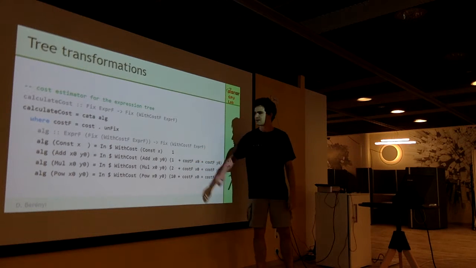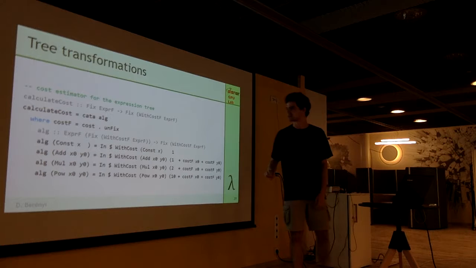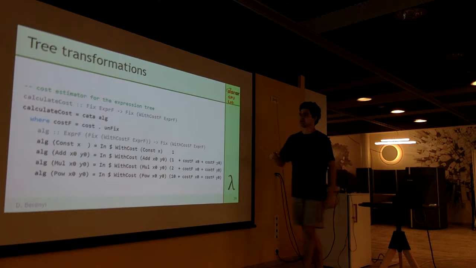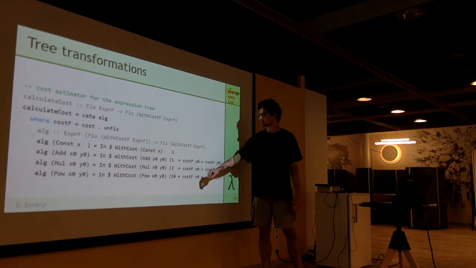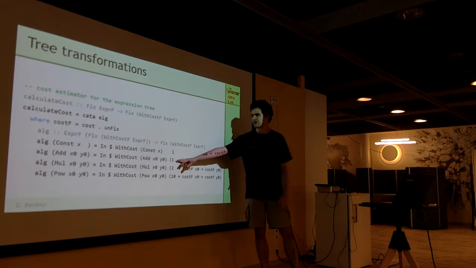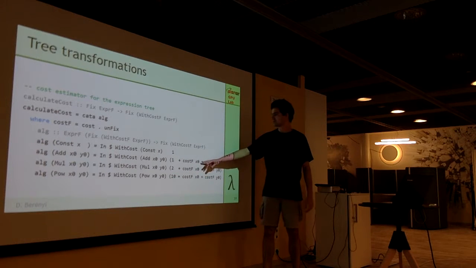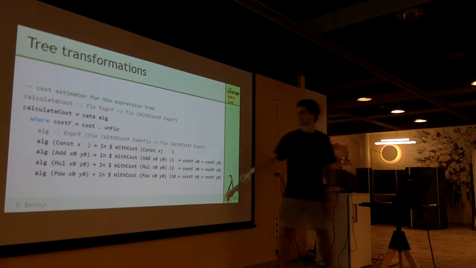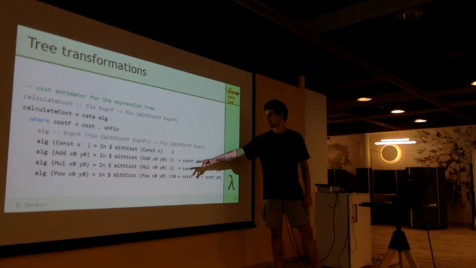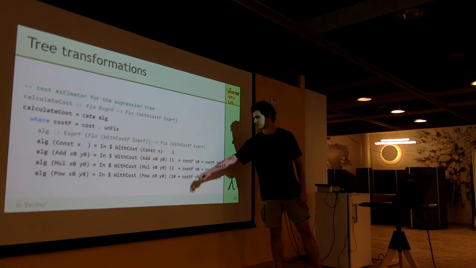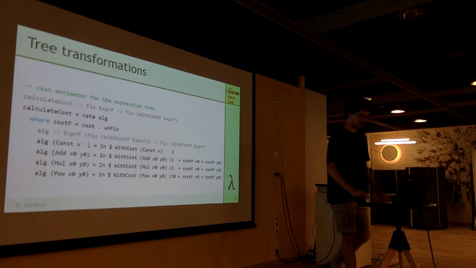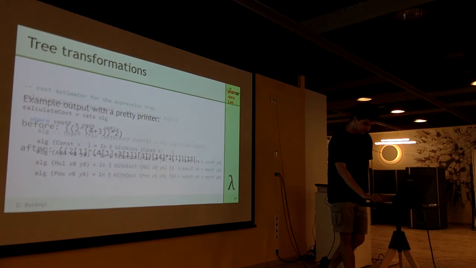We say that a constant node, in any leaf, will cost us 1 to evaluate. If I have an addition, the cost of the addition is 1, and I'm adding to it the cost of the children below it. Multiplication has an inherent cost of 2, and the power has an inherent cost of 10, and again, I'm just adding it to the cost of the children below.